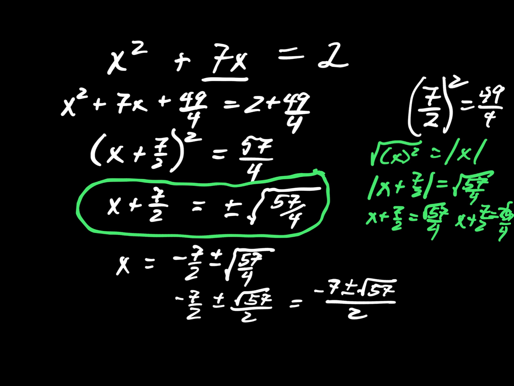I want to do one more example. All right, so let's go to the next page. And what if we had something like this? What if we had 2x squared plus 3x equals